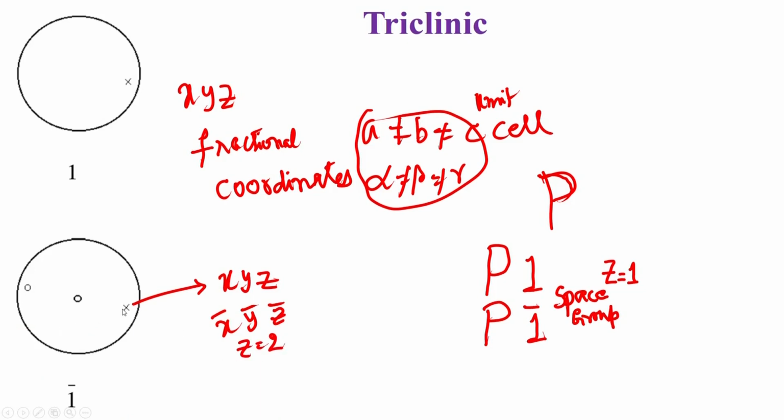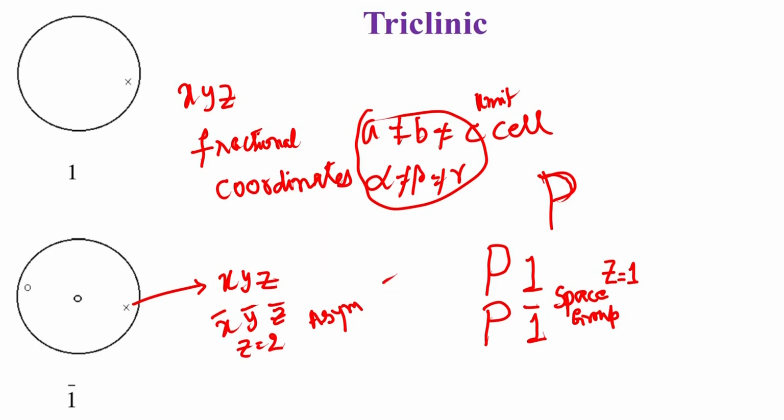Suppose there is a molecule or an atom or an ionic species in the position x, y, z. An equivalent atom or ion or molecule will be generated at this point. Therefore, this particular unit cell with the dimension of A, B, C, alpha, beta, gamma in the triclinic system will carry 2 molecules in the unit cell. Therefore, the unit which appears independently of the unit cell, the so called asymmetric unit, is in this particular case 1, and also in the other case of P1 is also 1.